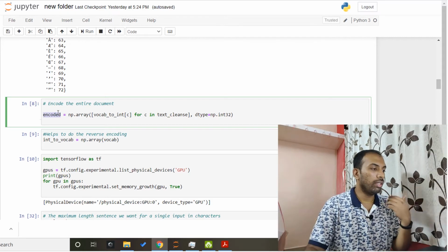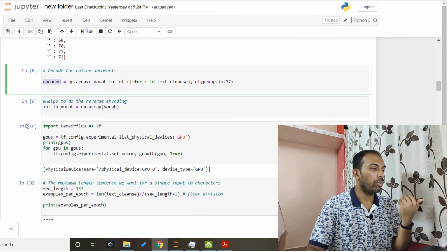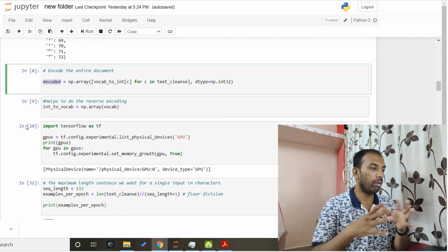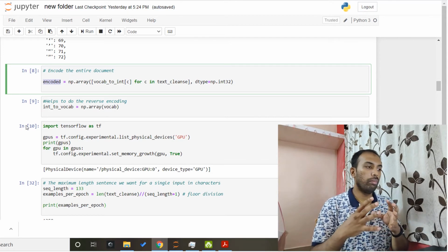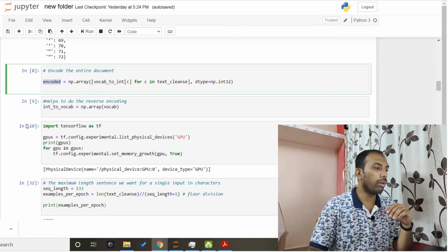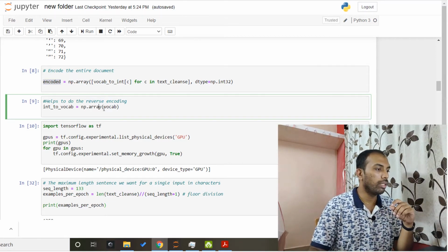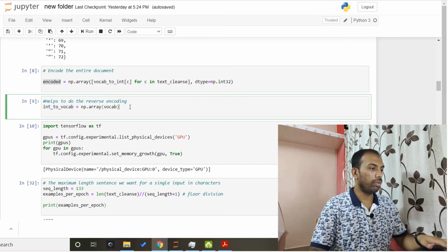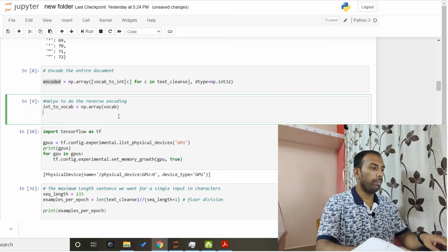Then we move on to creating, not really a method here, but an array to do the reverse.